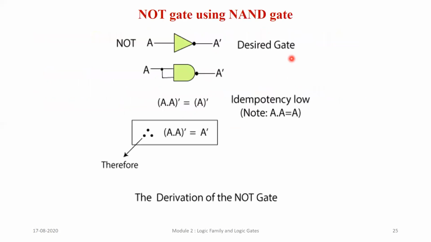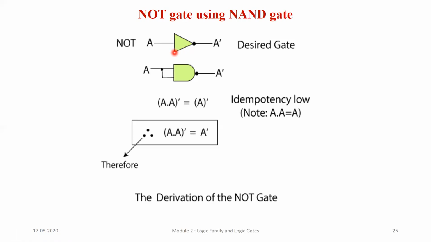So you will be drawing the things. First we are doing the NOT gate using the NAND gate. So the normal NOT gate is what? I have A. This is the symbol of the NOT gate, and the output is A dash. Now this is what we will try to do using a NAND gate. As you know, in an inverter or NOT gate, I have only one input. I don't have two inputs.